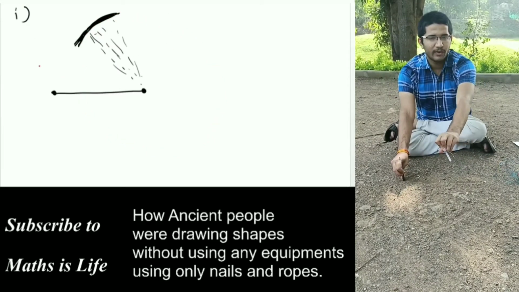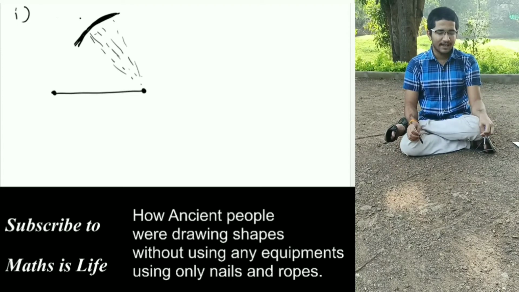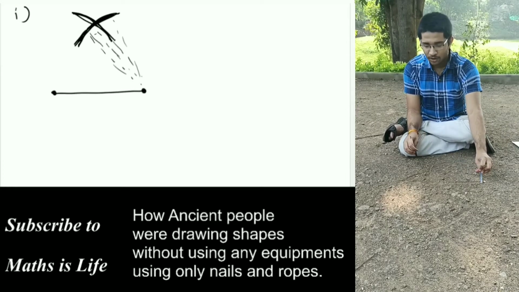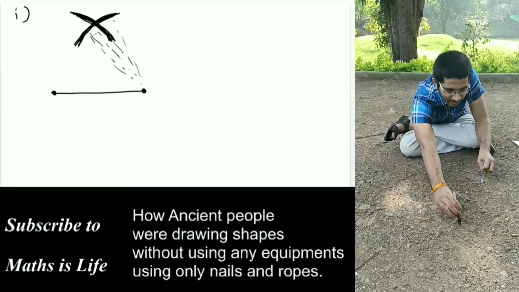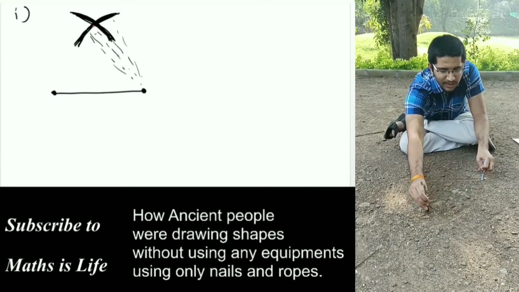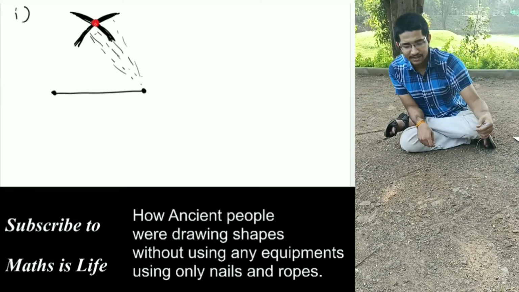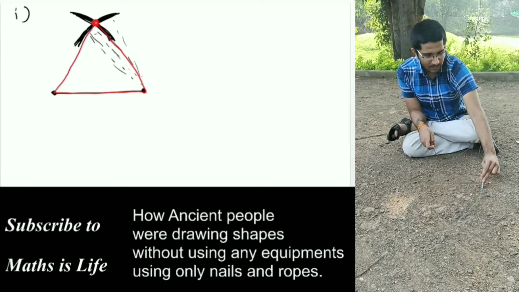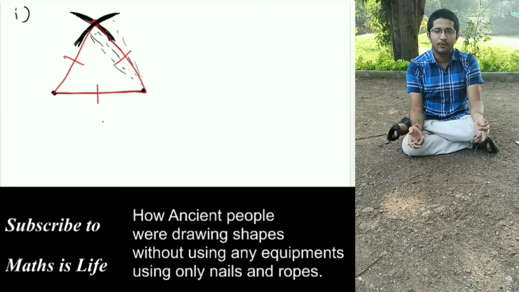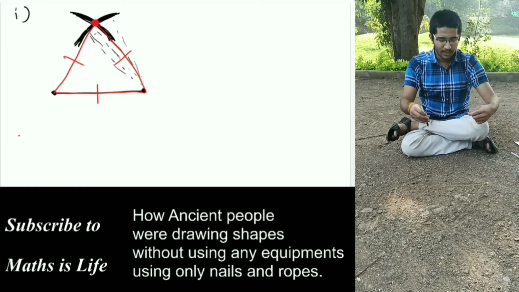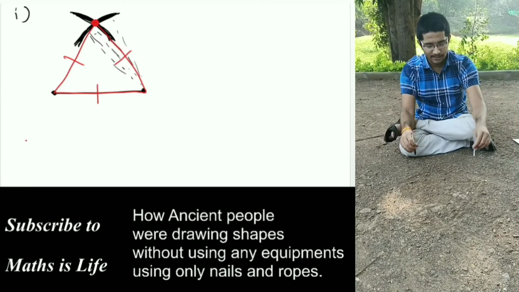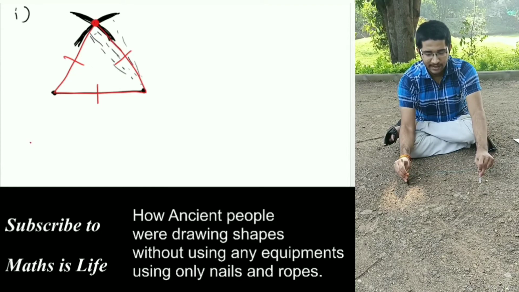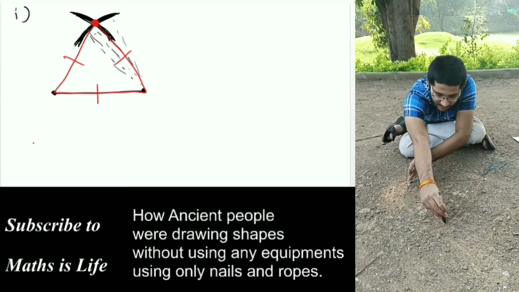So this is the one arc from this side. Now all sides are equal, so with the same distance the side will be from this point also. So we can draw by the same length here also one arc, so that this side will be somewhere here. Now the intersection point we will join, so it will look like this, and the triangle formed is an equilateral triangle. All sides are equal. You can see by two nails or any measure. Here is first side, here is second side, and here is third side.